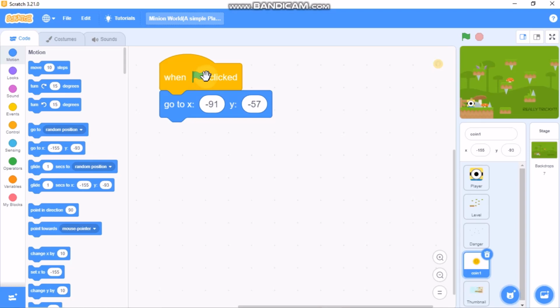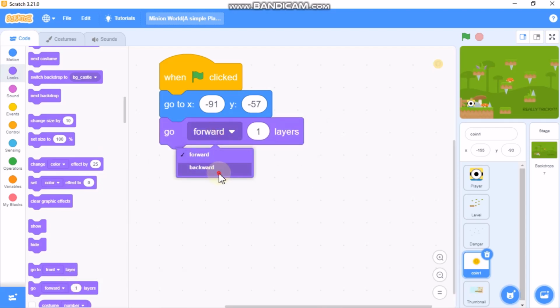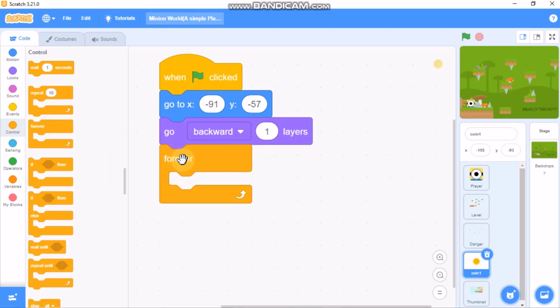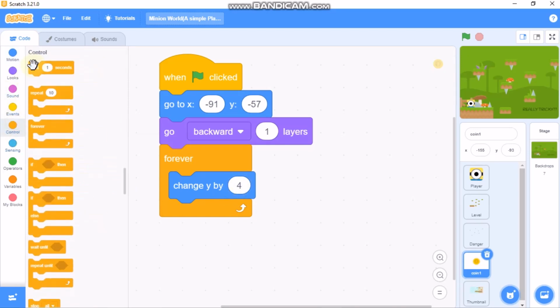This would be the coin's position on the first level, and go backward one layer, and forever we need to change our y by 4, wait 0.03 seconds,